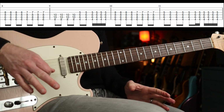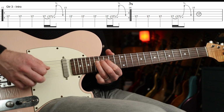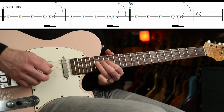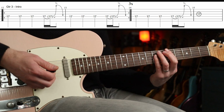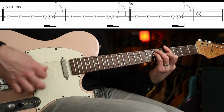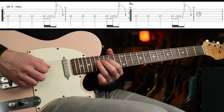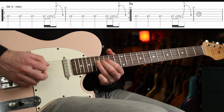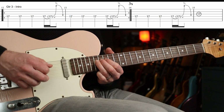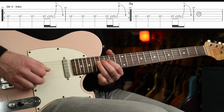Okay, there's a 3rd guitar part as well. Goes, does that, right? When you're playing up here on the 17th fret on the D, that's a half step bend and release. Okay, you go around that 3 times, and the 4th time is just...